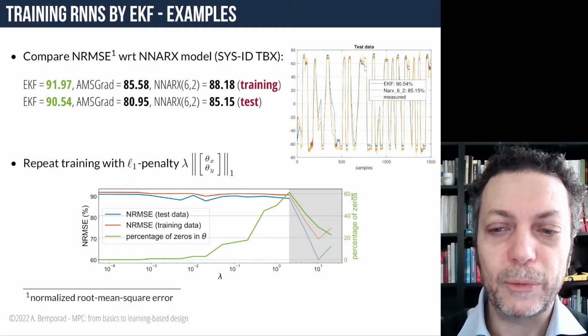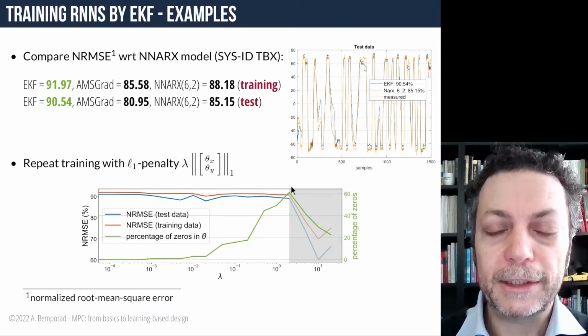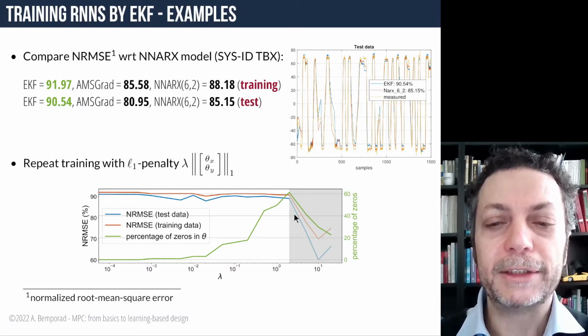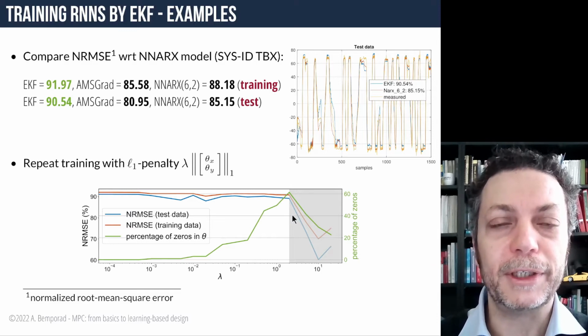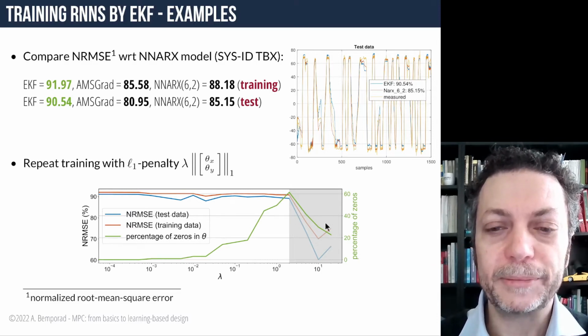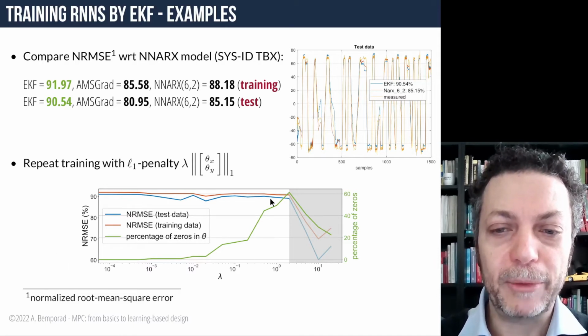And on the other hand, what you see is that the percentage of zeros in the model grows, as you would expect, because of the L1 regularization term you have introduced. And here at some point, the penalty is very large, so the Kalman filter starts not behaving well, so it starts losing convergence properties. Okay, so here you could say, okay, I'm okay, say up to lambda equal 1,